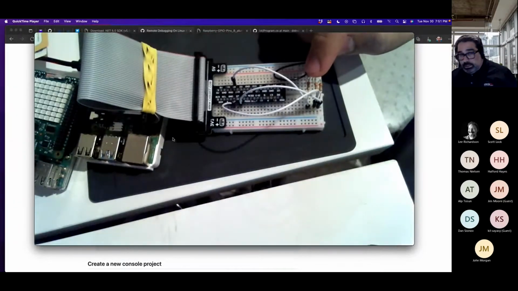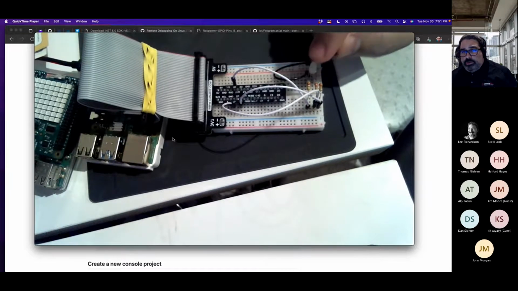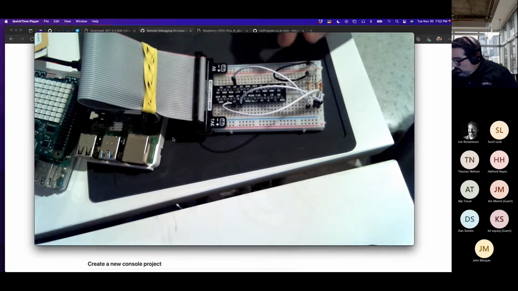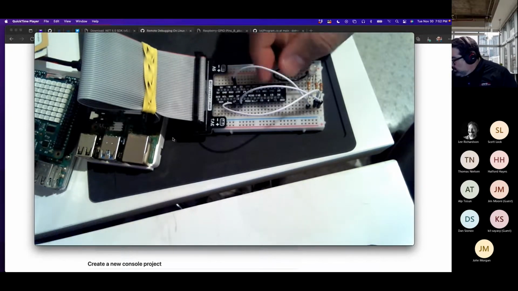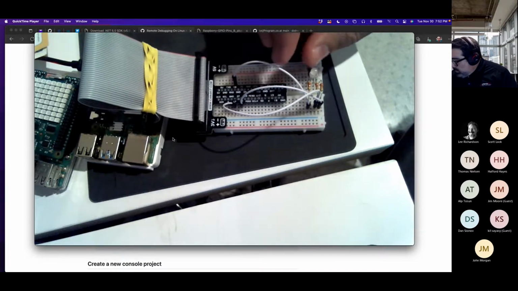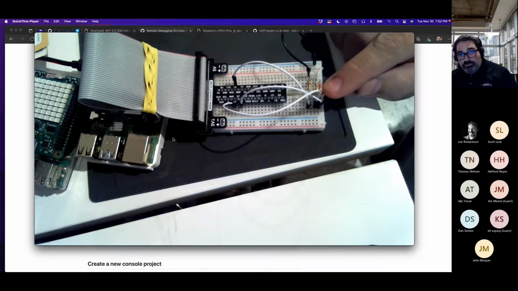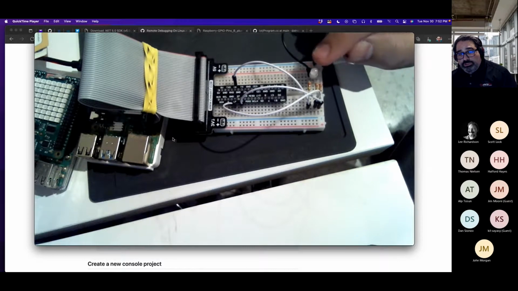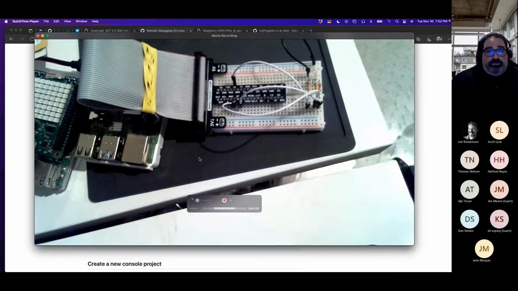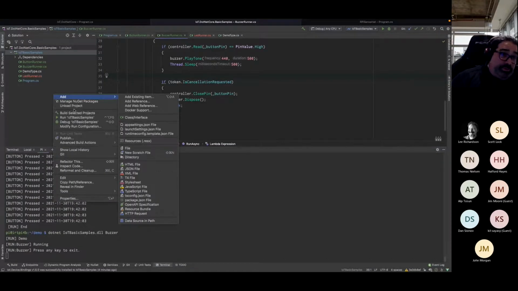For those of you that haven't seen one or do not know what it is, this is an RGB LED. It has 4 legs on it. 3 of them are the RGB, and this one is, I believe, a common anode, if I said that correctly. The common is going to use the negative, so it's in the ground. And the other 3 pins actually receive, through modulation, values that within its frequency are going to change the color on the RGB scale. This one's a bit more complex, in terms of code at least.